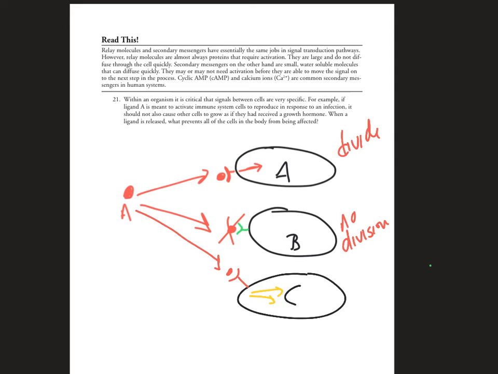So in some cases, if this is epinephrine, this might cause some